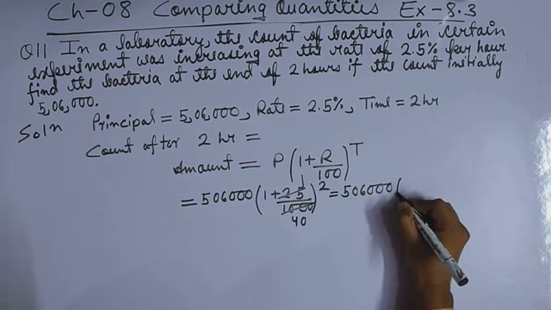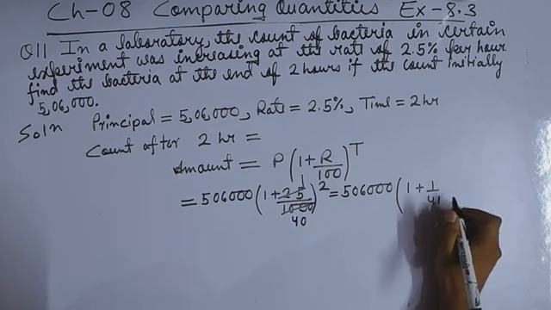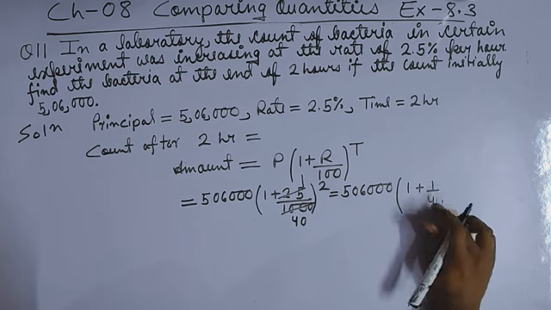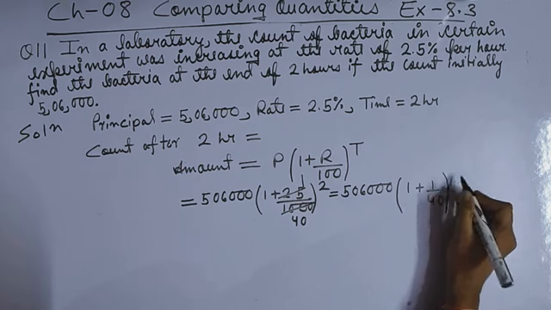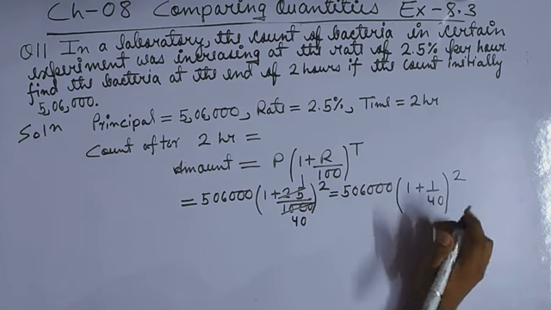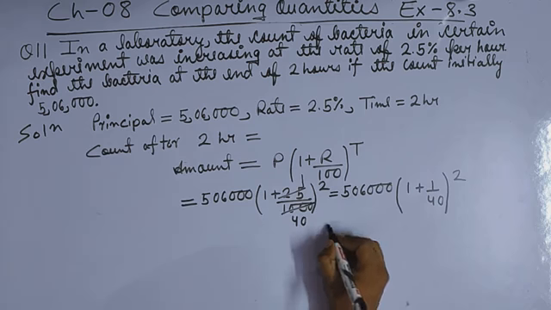50600, then 1 plus this will be 1 upon 41 to the power 1 upon 40 to the power what, 2. जब इसको सॉल्व करेंगे 1 plus 40 that will be equal to what, 41 upon 40. कैसे आया? That you know we have already discussed many questions. So this will be equal to what